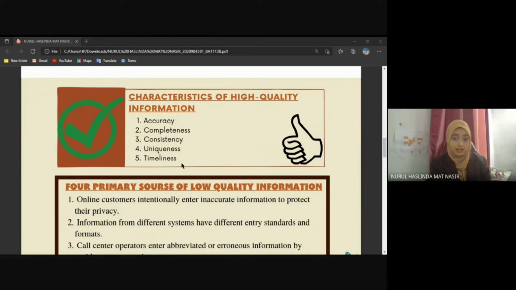Third, consistency, which is is aggregate or summarized information in agreement with detailed information. For example, do all total fields equal the true total of the individual fields? Fourth, uniqueness, which is is each transaction, entity, and event represented only once in the information? For example, are there any duplicate customers? Fifth, timeliness, which is is the information current with respect to the business requirement. For example, is information updated quickly, daily, or hourly?